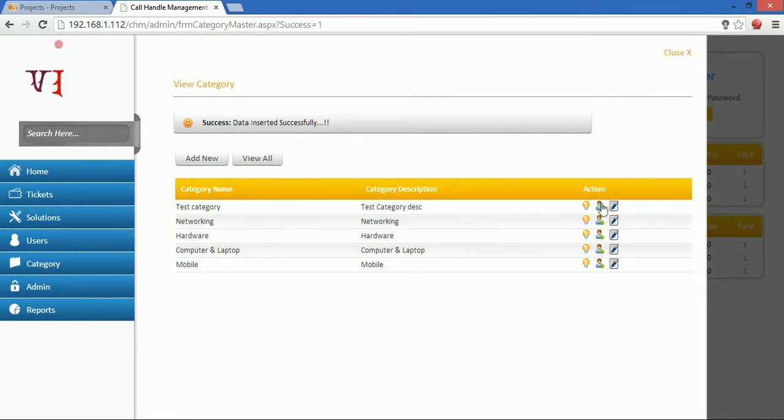And one more action we have defined is to assign users to these categories, because without assignment, the user will not be able to do anything in these categories. So it's a must that we assign users to these categories.